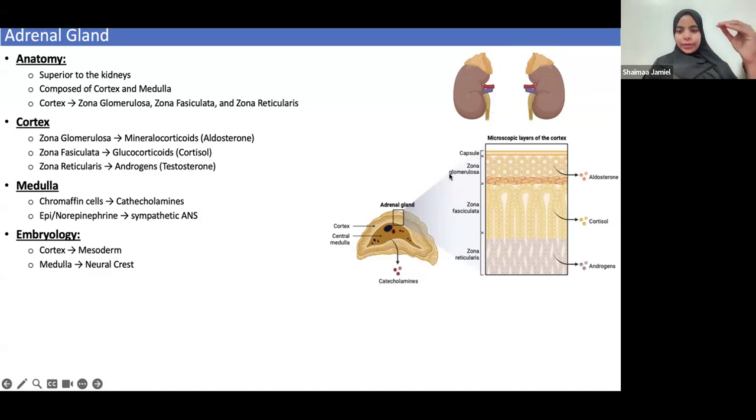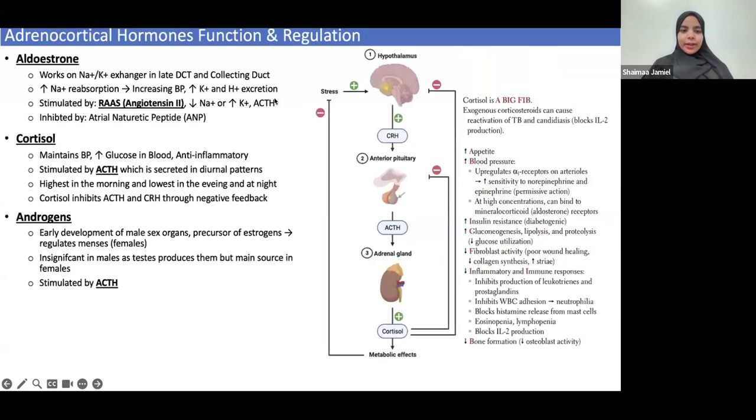And you can remember the order as GFR. And basically, each one of them secretes a certain type of hormone. So glomerulosa is going to secrete the aldosterone, and fasciculata is going to secrete the cortisol, and reticularis is going to secrete the androgens. And then the medulla has the chromaffin cells, which are going to secrete the norepinephrine and epinephrine, which are the catecholamines. And from just the quick embryology, the cortex is from the mesoderm, and the medulla is neural crest cells, which makes sense because it's secreting basically neurotransmitters, kind of. Okay, so